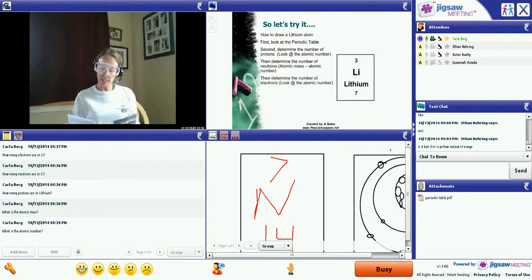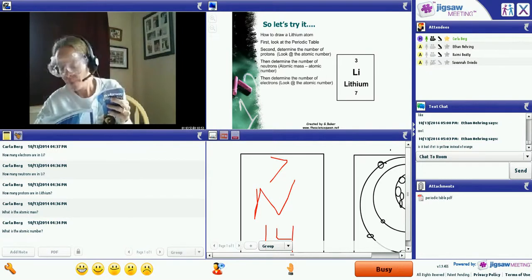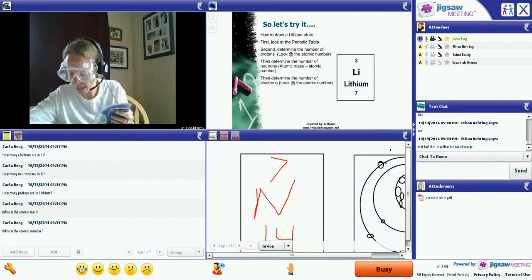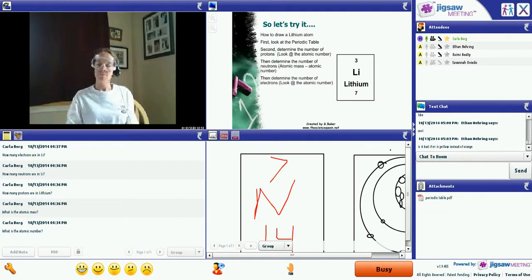In step number 6, it says calculate the ratios of copper nitrate to potassium iodide in the respective wells. So this is where we need to figure out a ratio. The ratio of copper nitrate to potassium iodide in well A1 is 1 to 5. How did we know that? We have 1 drop of copper nitrate to every 5 drops of potassium iodide. Simple enough. Now in B1, the ratio